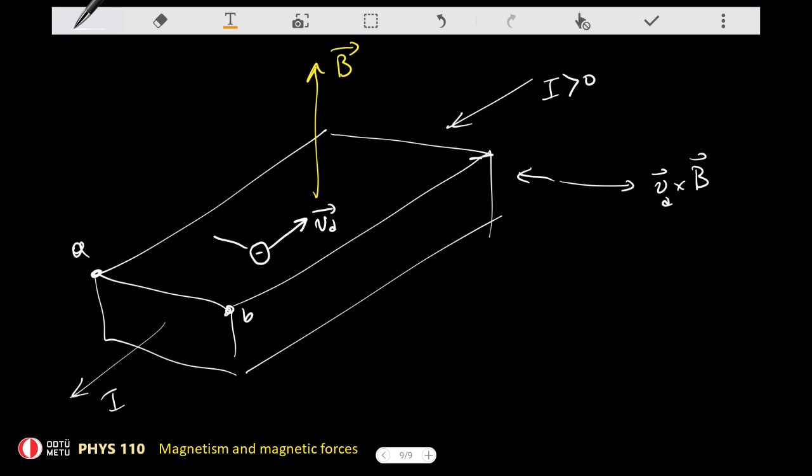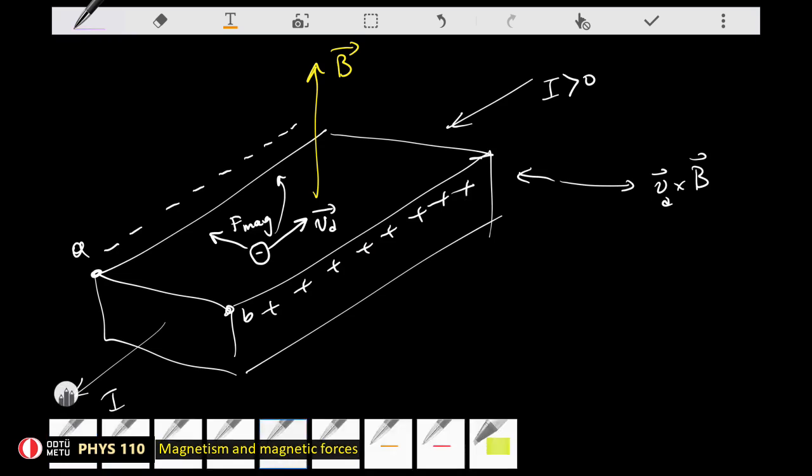So therefore, there is a magnetic force acting on this negative charge, which is pushing the charge in the opposite direction. So as a result, they are going to deflect. So this time the A side would be negatively charged and the B side would be positively charged, which means there's going to be a Hall potential,